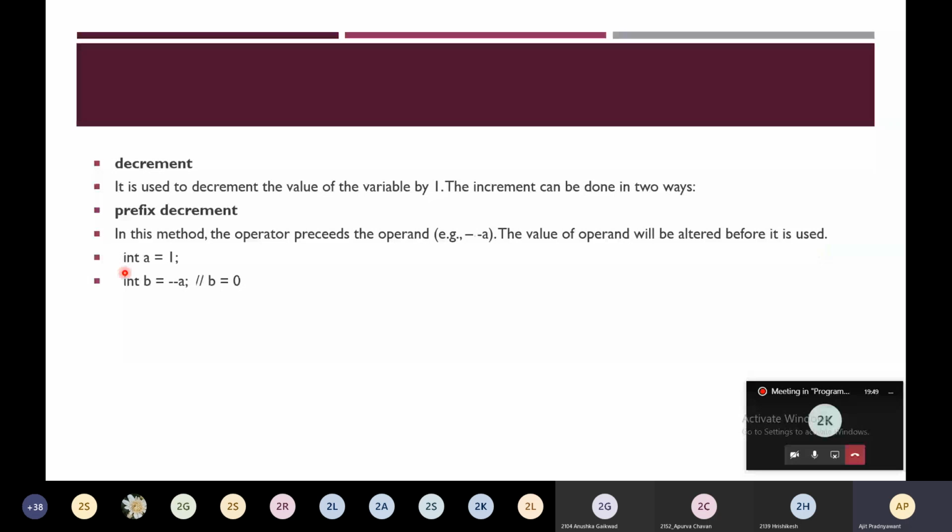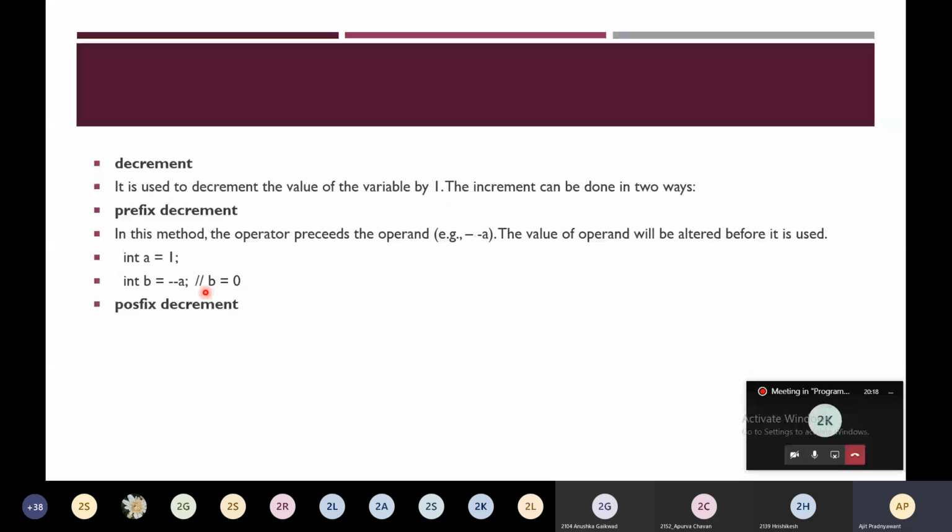Here, integer a is equal to 1 and integer b is equal to minus minus a. What will happen over here? It will first decrement the value of a by 1. Now the value of a is 1. After decrementing, the value of a will be 0, and this 0 value will be assigned to b, and now b will contain the value 0.